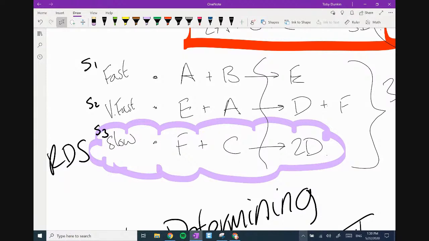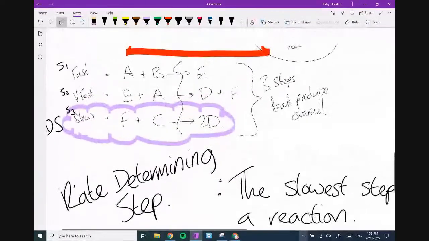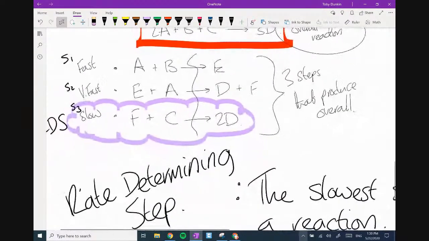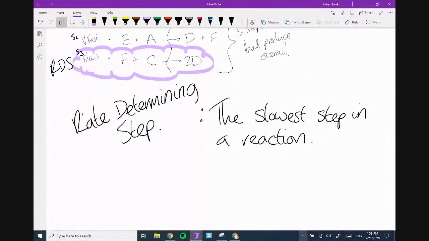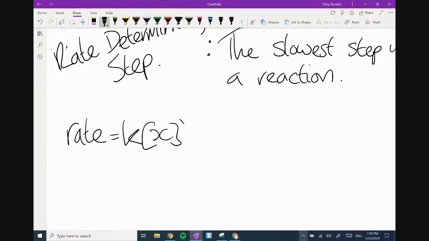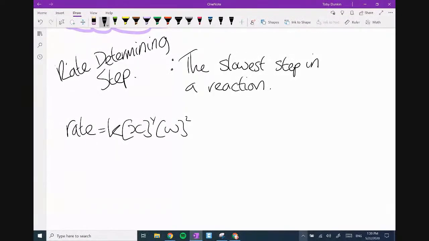A is needed in the 2nd step as well, but it's not needed in the latter. So what I'm trying to get at here, folks, is that actually, by the way, A does matter, just so you know. But in reality, what we then realize is, due to there being all these steps, the rate equation, rate equals K, X, W, yeah? This rate equation has a link to RDS,